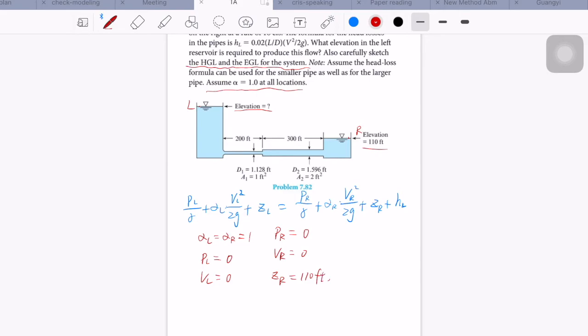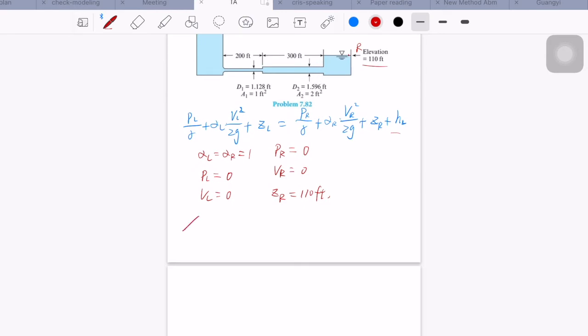And now we need to calculate the HL. So actually the HL, the head loss in this problem,